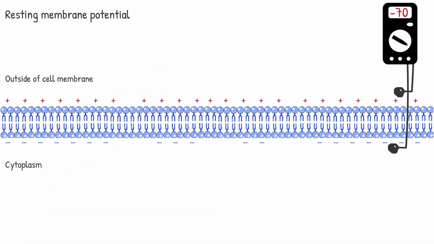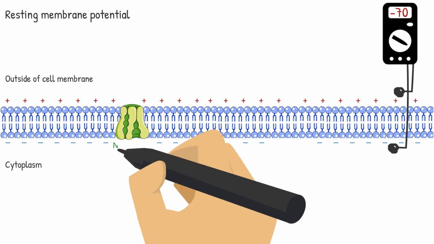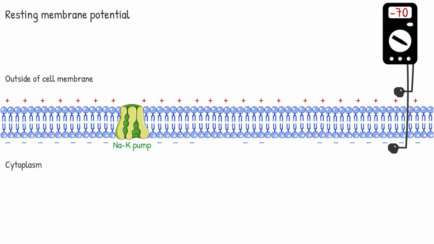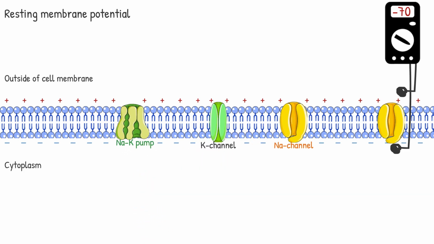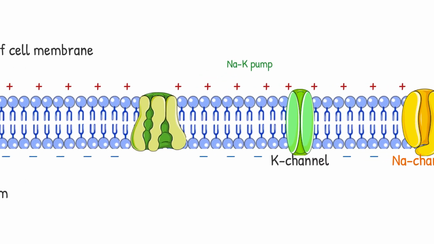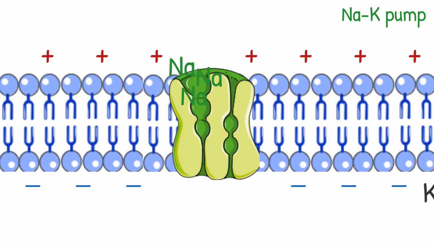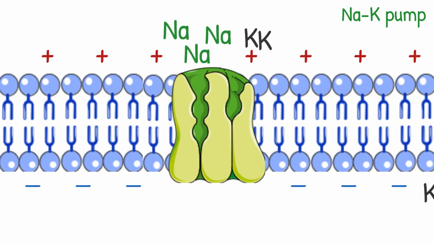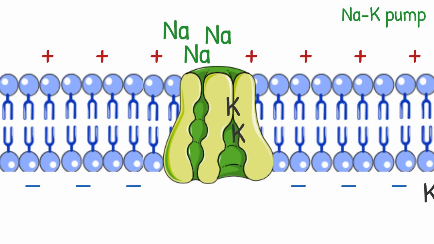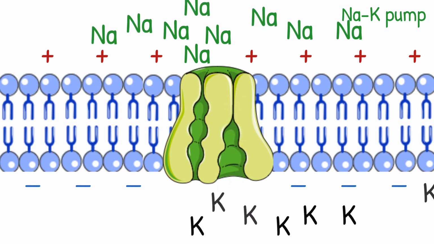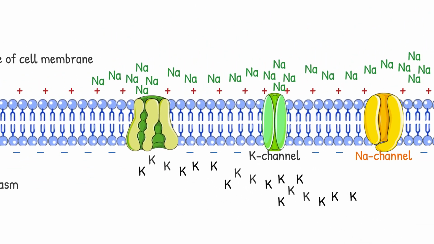In the cell membrane we have different structures such as the sodium-potassium pump, and different channels for these two ions. First, let's take a look at the sodium-potassium pump. The sodium-potassium pump is a dynamic active pump which can transfer 3 sodium ions out of the cell, in exchange for transferring 2 potassium ions into the cell. By this we have a higher concentration of positive ions outside the cell, which maintains the resting potential at -70